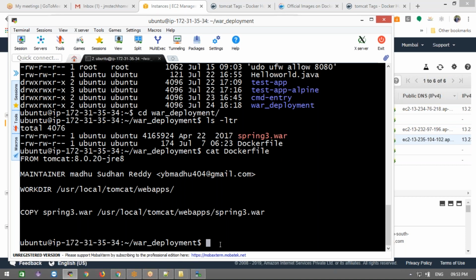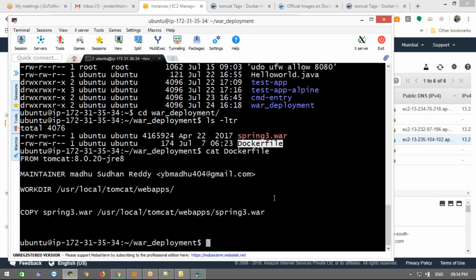If it is the normal way, you need to install Apache Tomcat on this machine and copy this WAR file inside my webapps folder, right? The same thing I'm going to give as instructions inside the Docker file, whatever we do manually. I'm going to build this image and run it as a container. When I run it as a container, it will run that WAR file inside the Tomcat. Now I'm going to access that Tomcat.